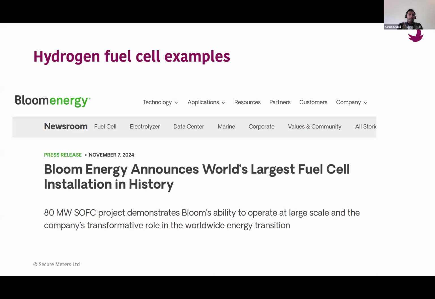Indian companies are also investing a lot. The previous picture I was showing was from ReNew Energy, which is an India-based renewable energy company. They have invested in the US, and one more company I came across is ACME. They are also in the solar energy domain in India. They also bought, I think, 300 plus acres of land in some part of the US, to establish and scale up this hydrogen generation. So this is going to happen, and it is going to be a big thing in future.